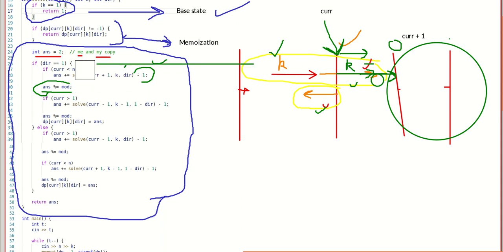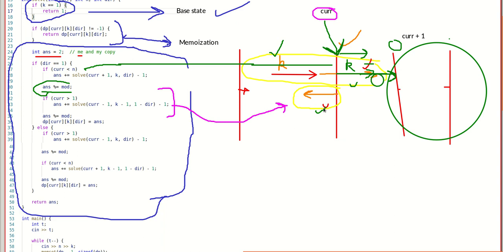Let me quickly mark this so that it is easy for reference. So this was my first one, this particle. I was talking about this particle. Now comes my second particle, which was reflected back from the current plane, which is my state. Now I am talking about this one. So what happens to this? See, this will strike this plane, right? The plane to the left, as my particle was initially moving towards the right. So what will be the index of this plane? It will be current minus 1, because it is moving towards the left.